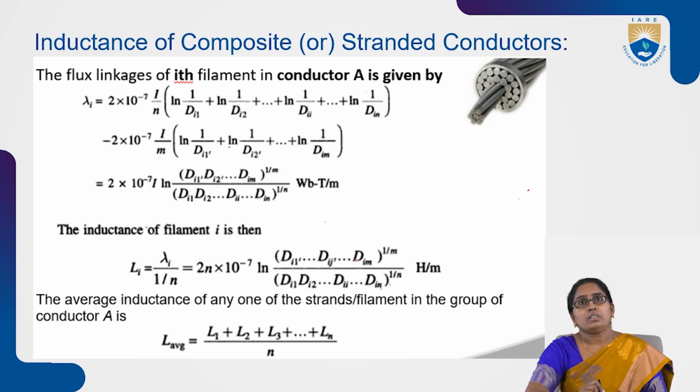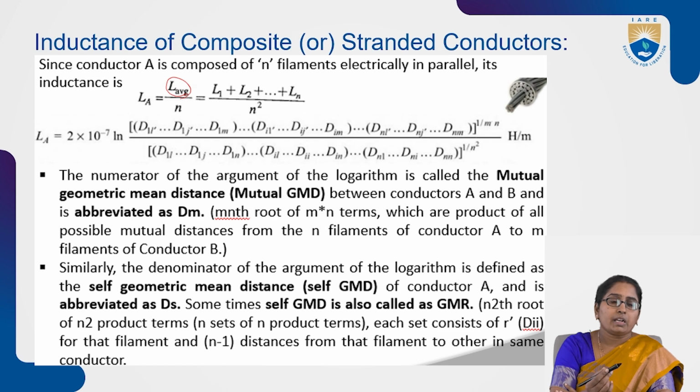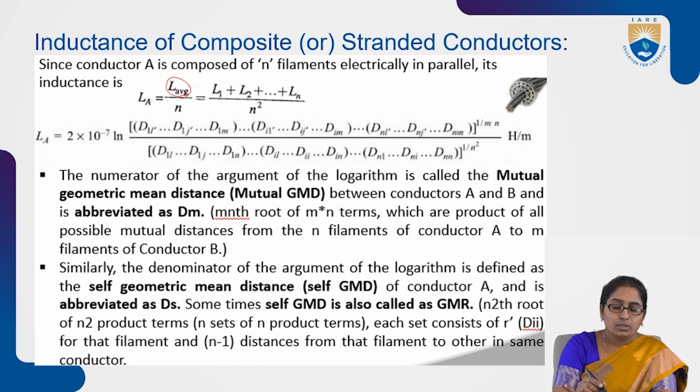So this is given finally for the total, I mean for the conductor A, the final conductor A inductance, which is obtained from the addition of all the inductances. So we remembered Li here and Li also there. The expression is n into 2 into 10 power minus 7 log of,